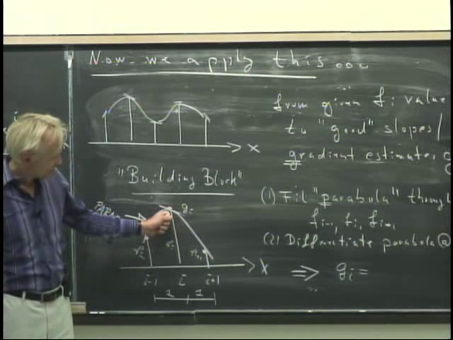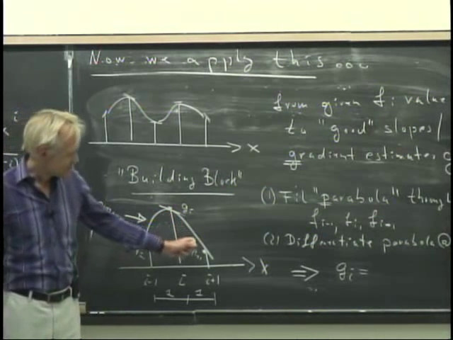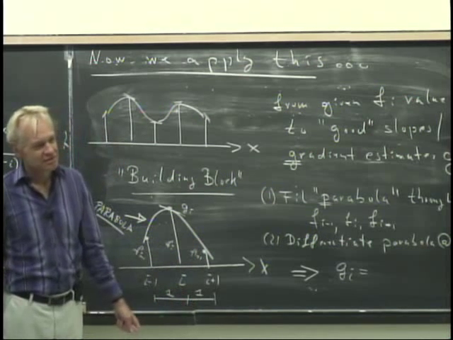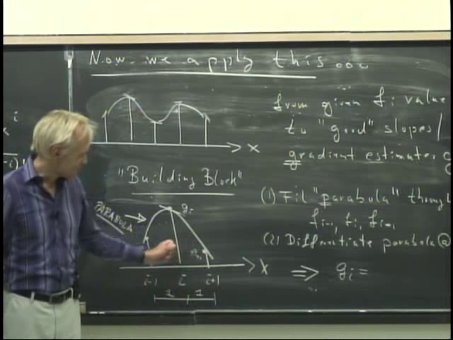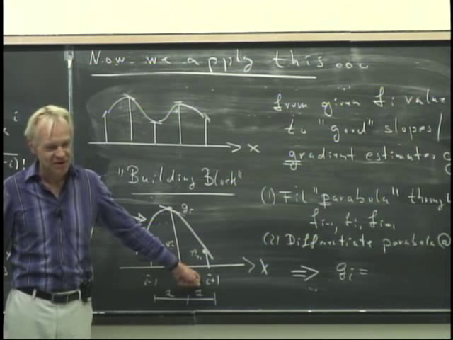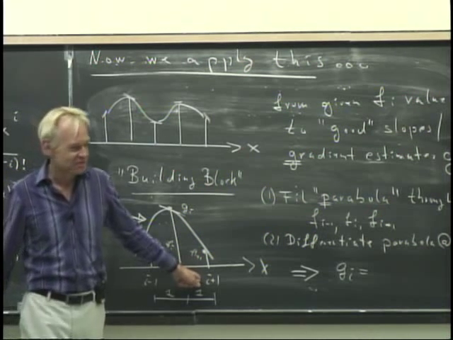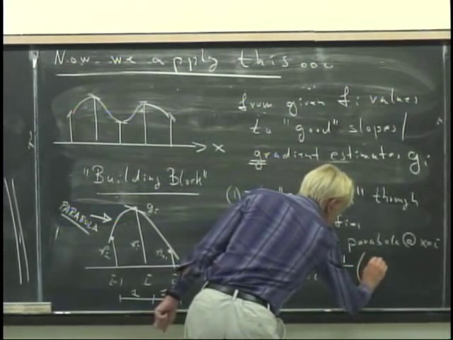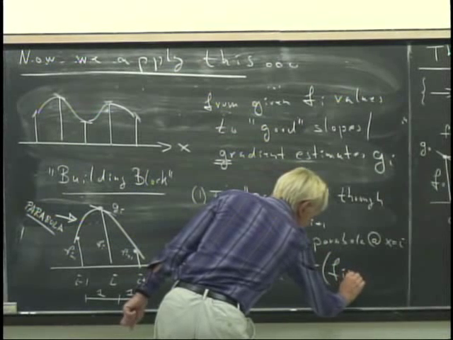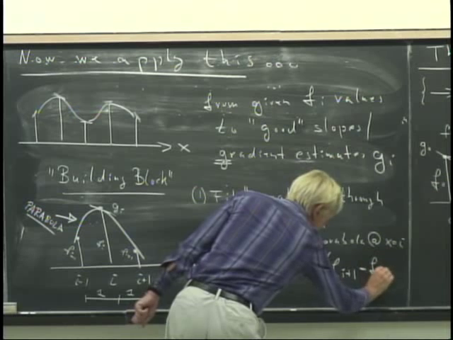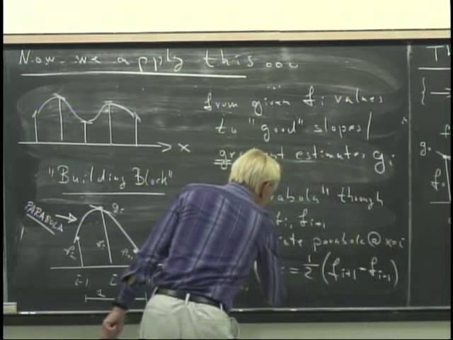The gradient in the middle is always right minus left divided by 2, right? You've seen this formula many times in many papers. It's always 1/2 times value to the right minus value to the left. That's where all of that comes from. So the gradient is 1/2 times the value to the right, fi plus 1, minus the value to the left, fi minus 1. Okay? That's all you need to know